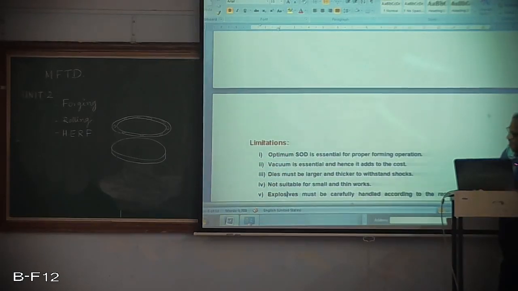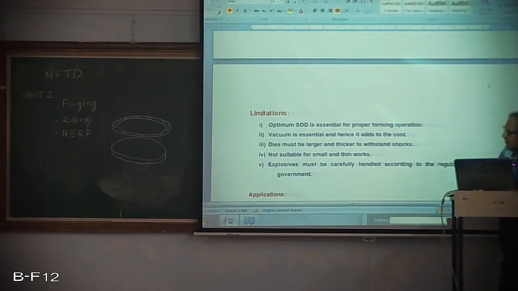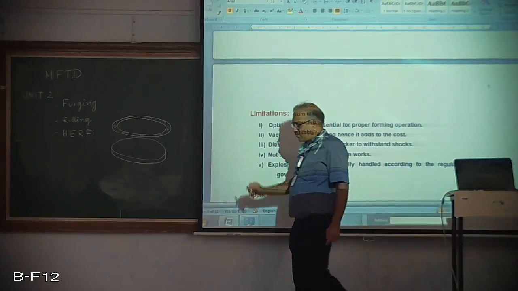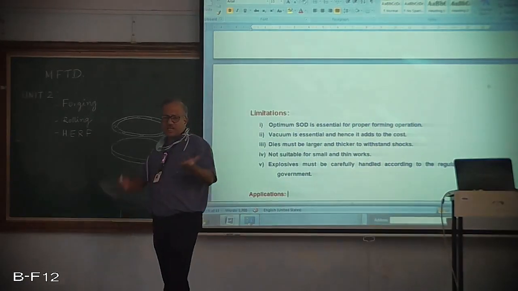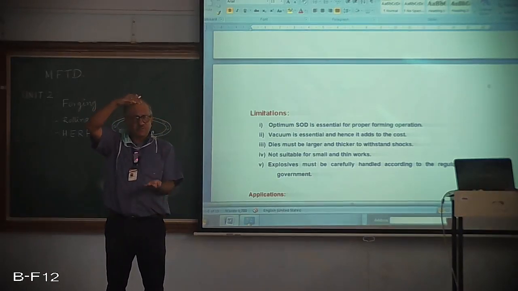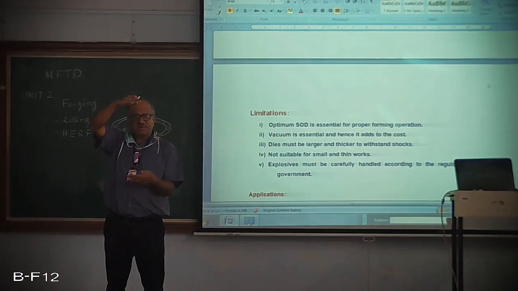Of course, it does come with certain limitations. Again, as I mentioned some time back, optimum standoff distance is important. More than optimum standoff distance would mean loss of shock wave energy because of the burning of the explosive. So there is a loss, and the required deformation or required shape may not be obtained. Less than optimum,